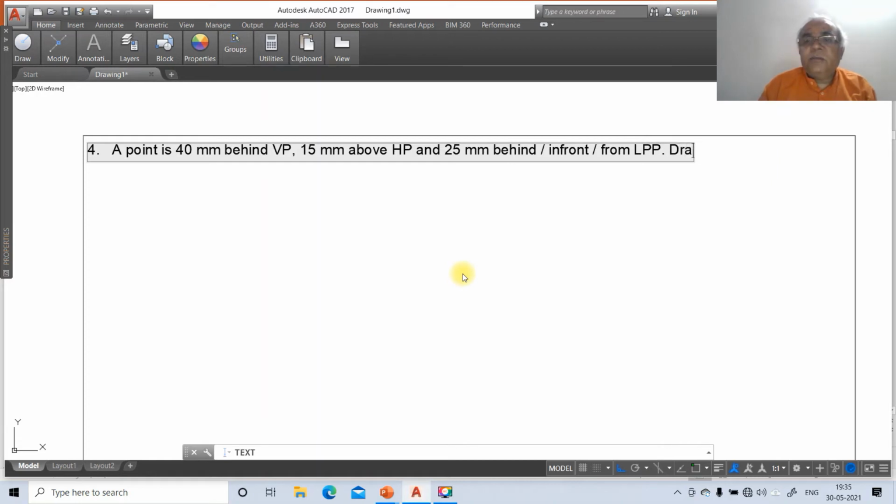Draw its projections, comma, name the side view.